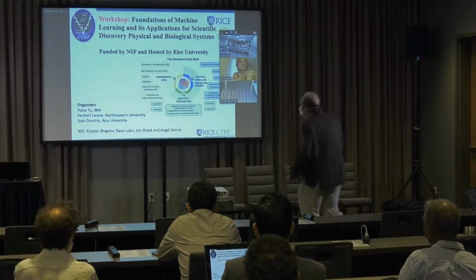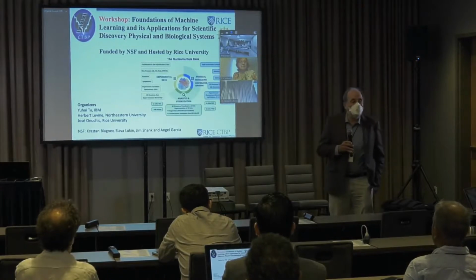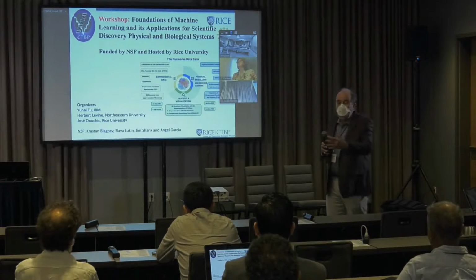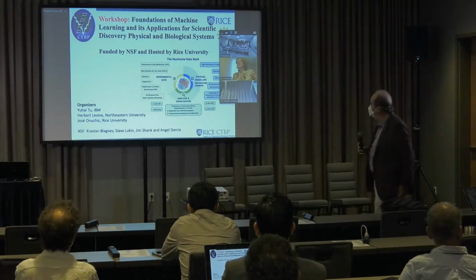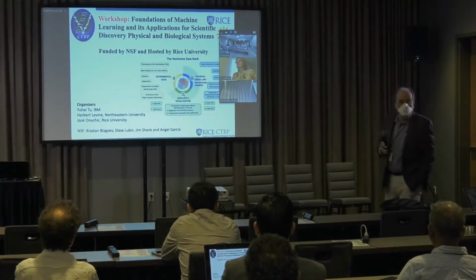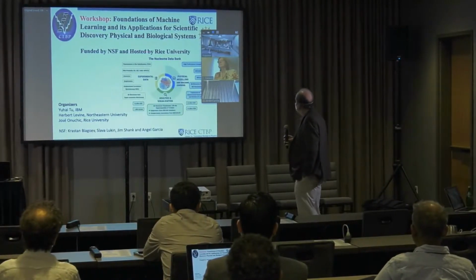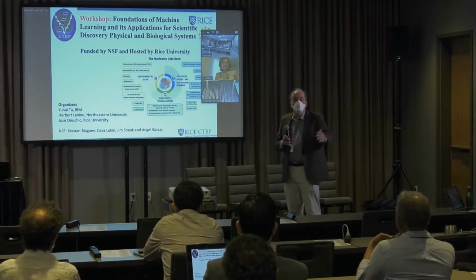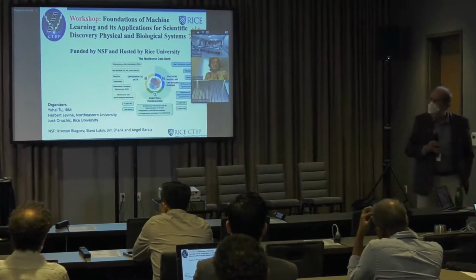And as you can see below, there are a lot of people at NSF who helped us in all the ways. In a sense, NSF is funding this workshop, and we are the 3 organizers, but we got a lot of input from these people at the NSF who helped us put this together. I have the names there: Creston, Slava, Jim, and Angel Garcia. I think Angel is probably on Zoom, not present, but the other people, Jim and Slava, are here, and they really helped us with this.